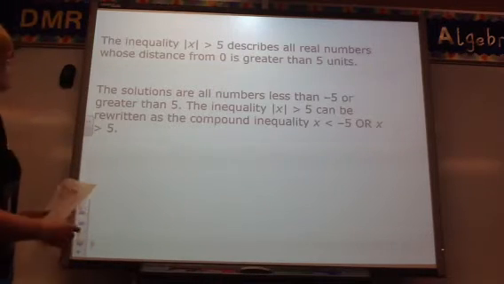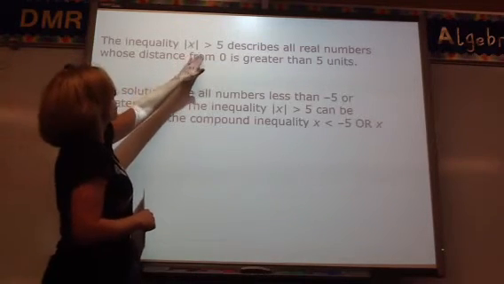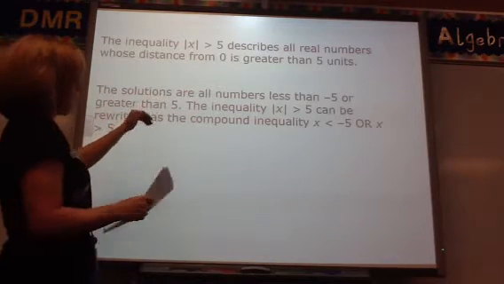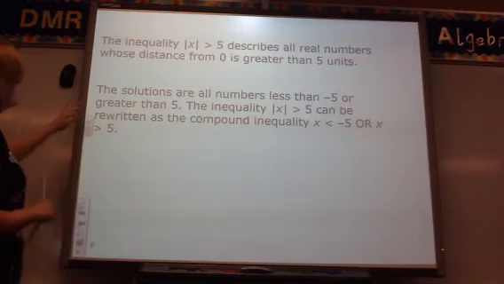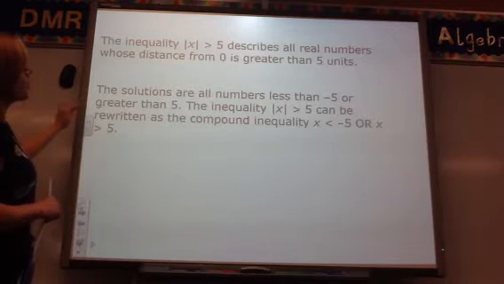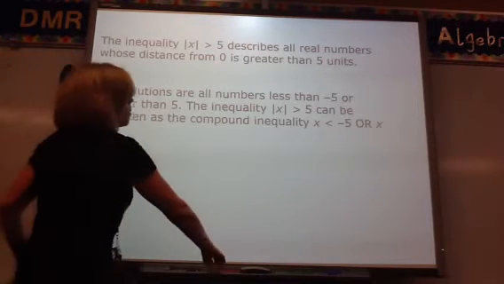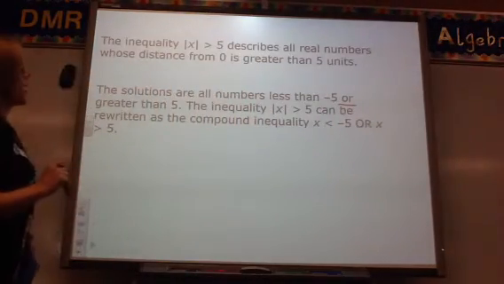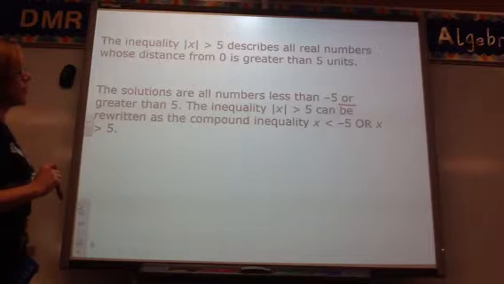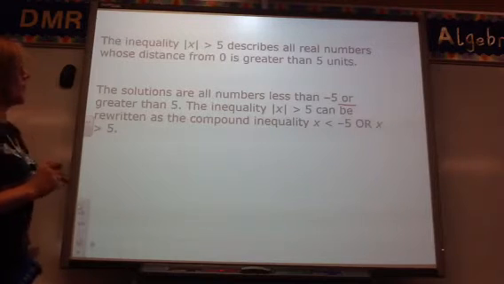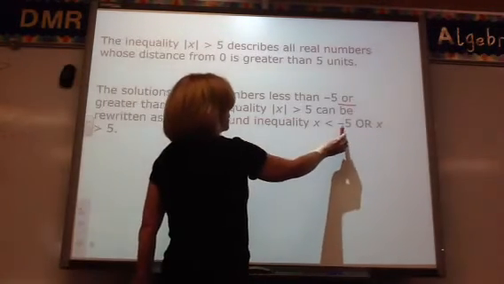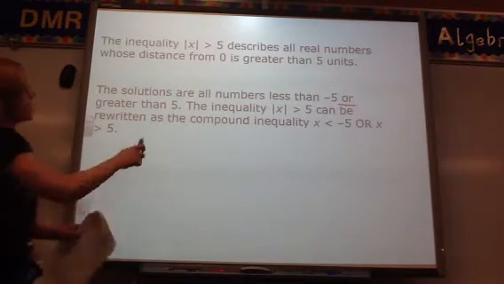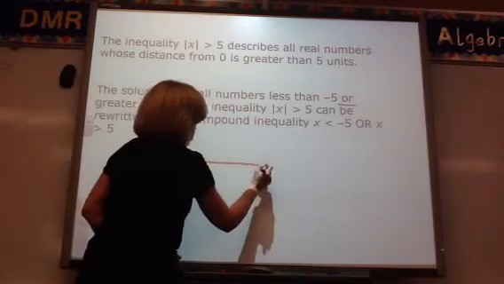The inequality, absolute value of x is greater than 5, describes all real numbers whose distance from 0 is greater than 5 units. The solutions are all numbers less than -5 or greater than 5. The inequality |x| > 5 can be rewritten as the compound inequality x is less than -5 or x is greater than 5. So what this is stating right here